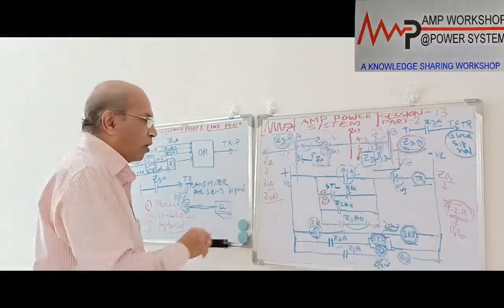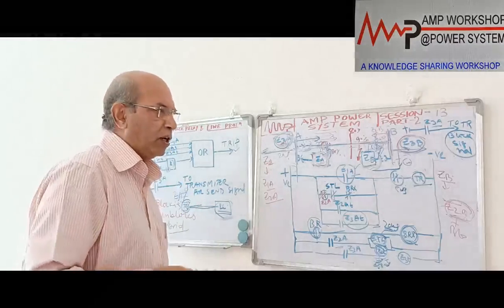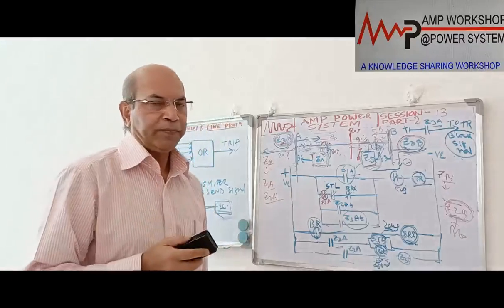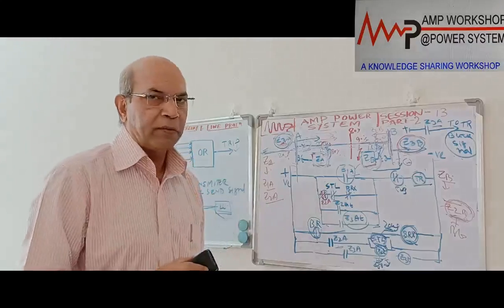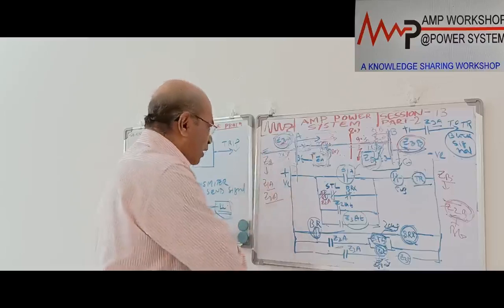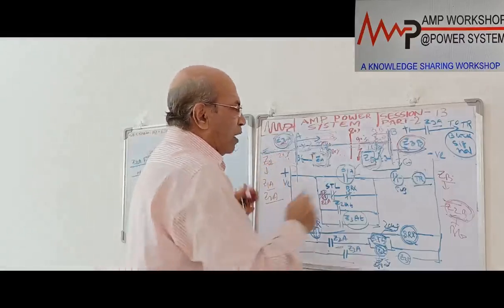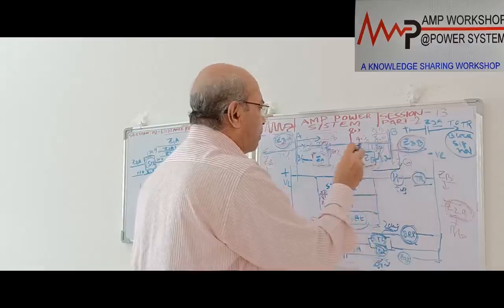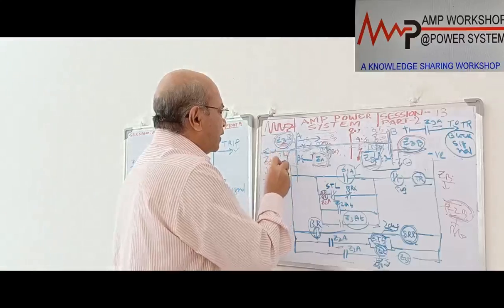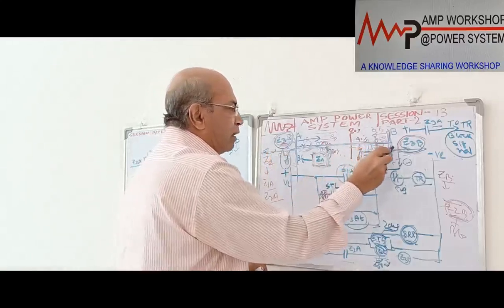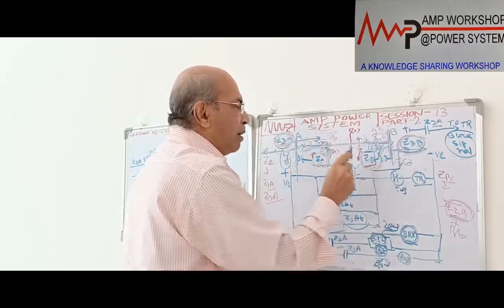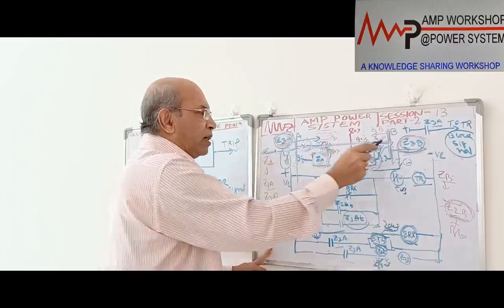The advantage of the blocking scheme is that during an internal fault condition, if the channel fails, the tripping will not be stopped. But there is another disadvantage. Suppose the fault is outside, over here. At that time Z2 has operated over here, because Z2 is 120%. Suppose the fault is after the station at a distance of 10%. So here Z2 is operated. At that time, whether this breaker will trip or not depends on whether the signal is being received or not.